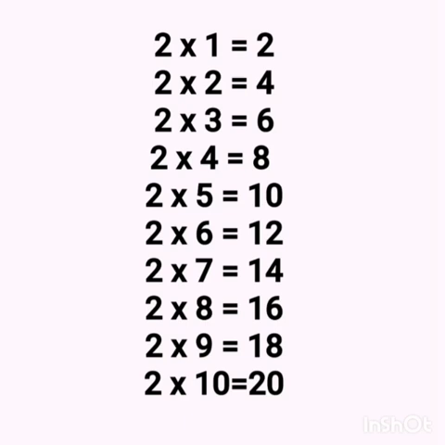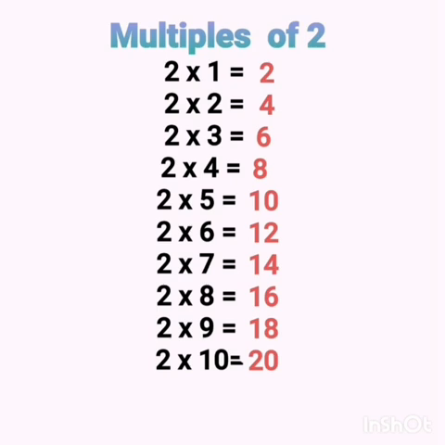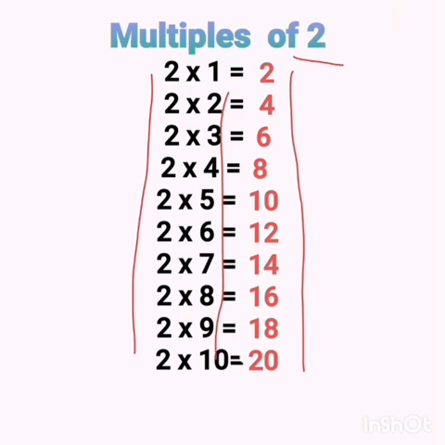Now look at this multiplication table, students. This is the multiplication table of 2, from 2 into 1 till 2 into 10. So what are all these, 2, 4, 6, 8, 10? These are the numbers which are formed by multiplying 2 with different numbers from 1 to 10. So what can I say about these numbers? Well, all these numbers are the multiples of 2, right? Because these numbers are formed by multiplying 2 with some other numbers.